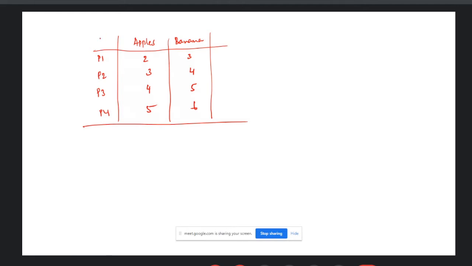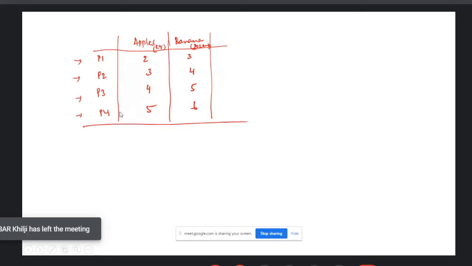Let us say, simple, first to start from scratch, how the data can be created in pandas. Let us say you have a small table like this, where you have 4 different persons who want to buy fruits, 2 different types of fruits. So apples measured in kgs and bananas measured in dozens. So person 1 wants to buy this quantity, like this, 4 different people. If you have some data like this, how to transform this data into the pandas environment? Let us see that.